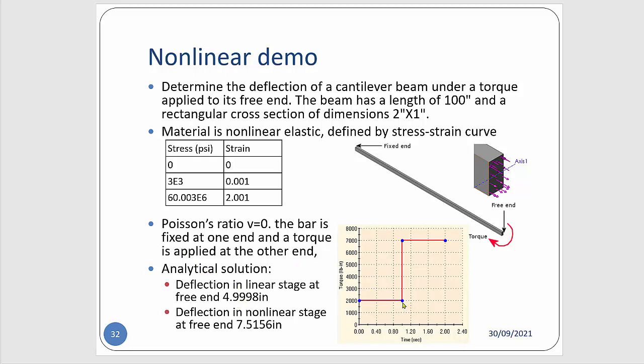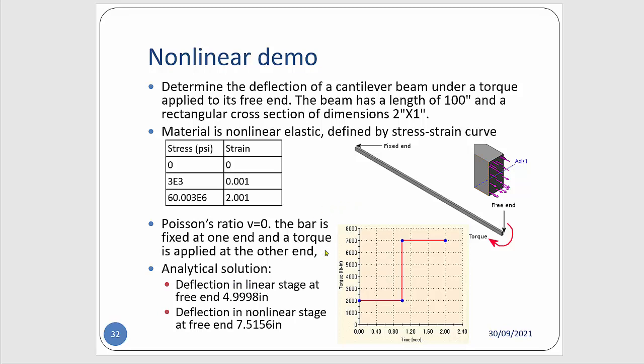After 1 second, it has a step change to 7,000, which will cause nonlinear behavior for this cantilever beam, and the deflection at the free end will be about 7.5 inch according to the analytical calculation from